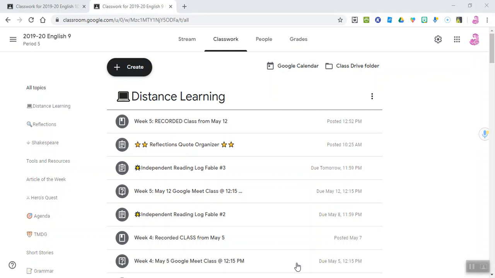So I wanted to share 2 tips for helping being organized in Google Classroom. They involve using emojis in your assignment titles and also simply moving the order within a folder or topics folder. So the first thing I want to show you is my distance learning folder for one of my